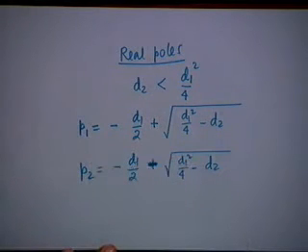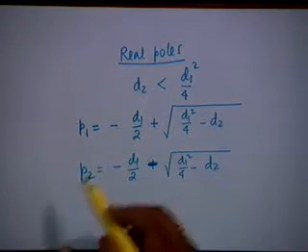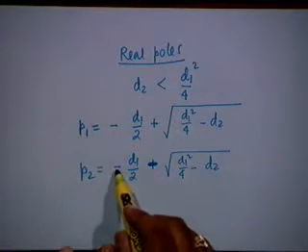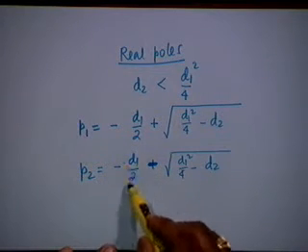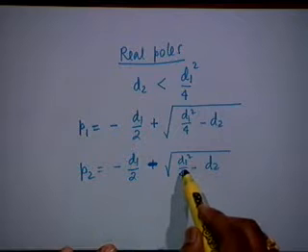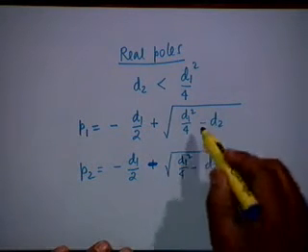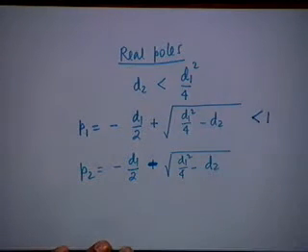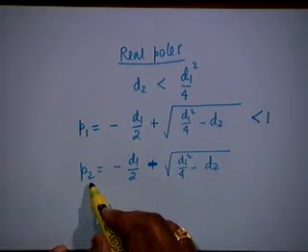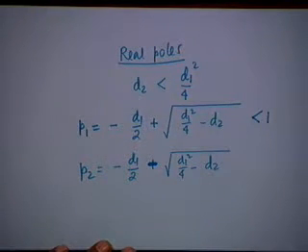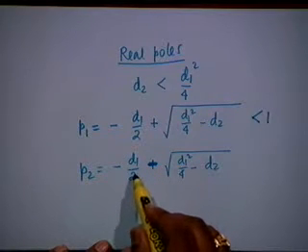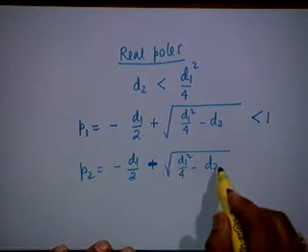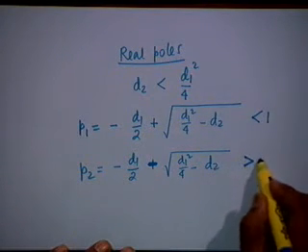Now, which one of these can exceed 1? Not P2. P1. P2 is, this is negative, this is negative. Even if d1 is negative, d1 square by 4 is positive, and therefore this can exceed 1. In other words, we want P1 to be less than 1. P2 can go beyond minus 1 because both are negative, and if d1 is positive, both are positive, d1 by 2 and square root of this. Therefore, this should be greater than minus 1.